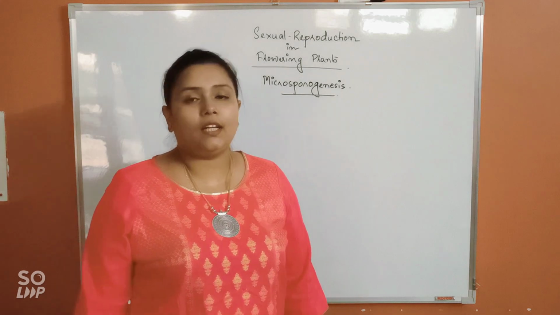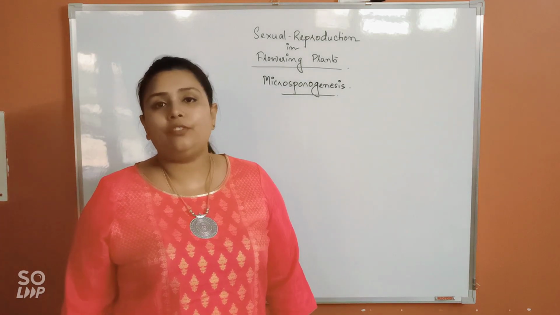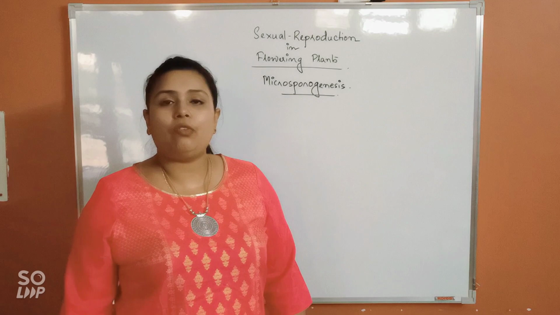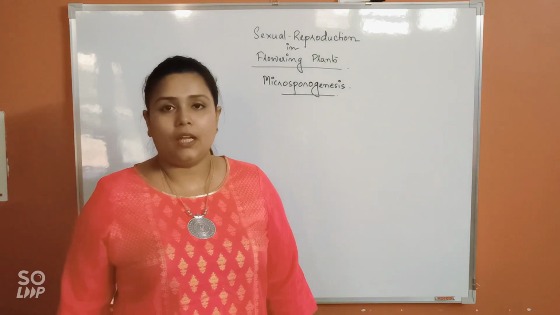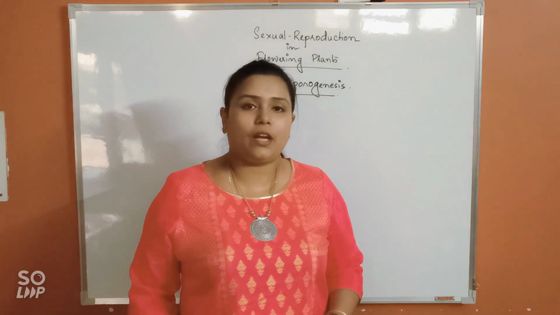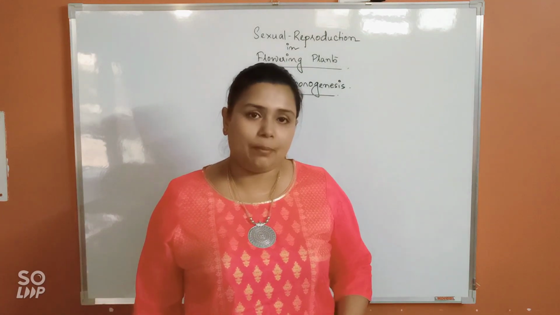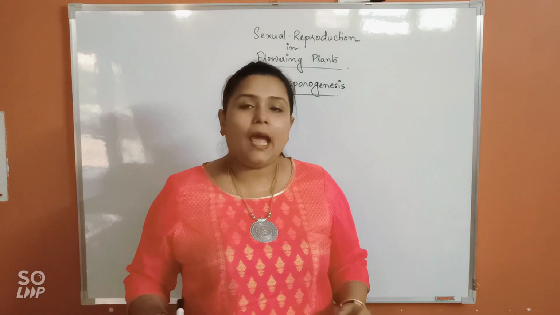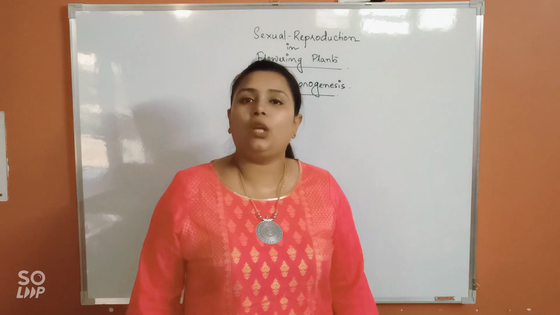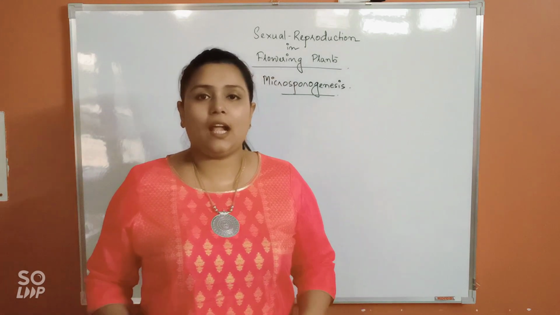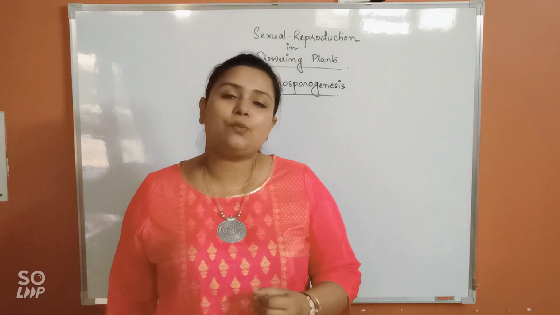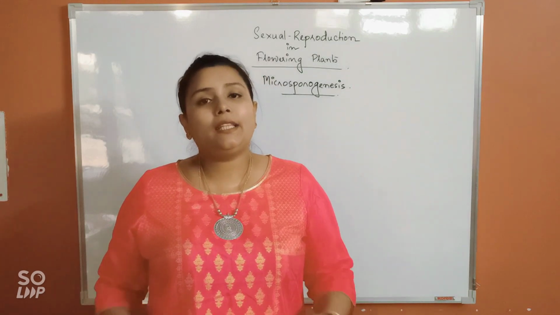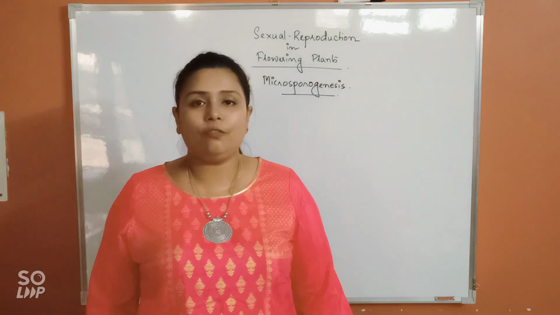You've already learned in the last class how the anther will develop, how in the anther primary parietal cells are formed and inside them primary sporogenous cells are formed. The primary parietal cells will give rise to endothecium, middle layers and tapetum, and the primary sporogenous cells will remain inside and later on convert into pollen mother cells, isn't it? So today's class will discuss first how the primary sporogenous cells will convert into pollen mother cells and finally result in the formation of pollens.